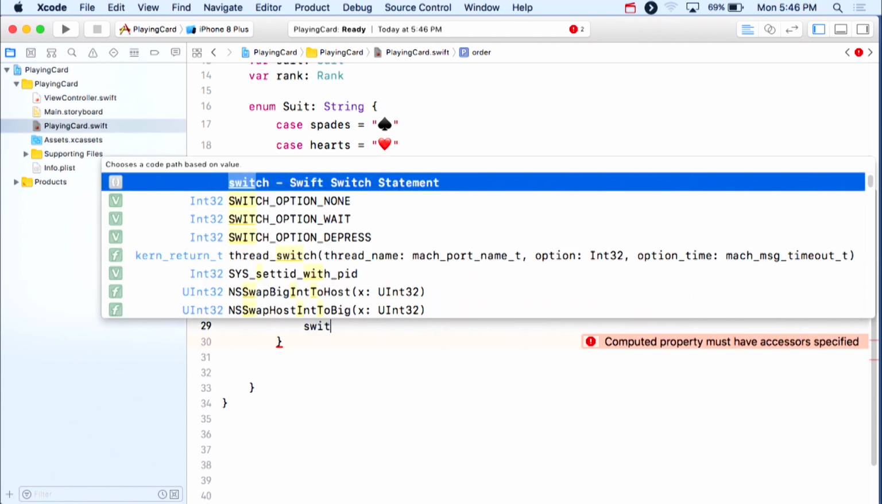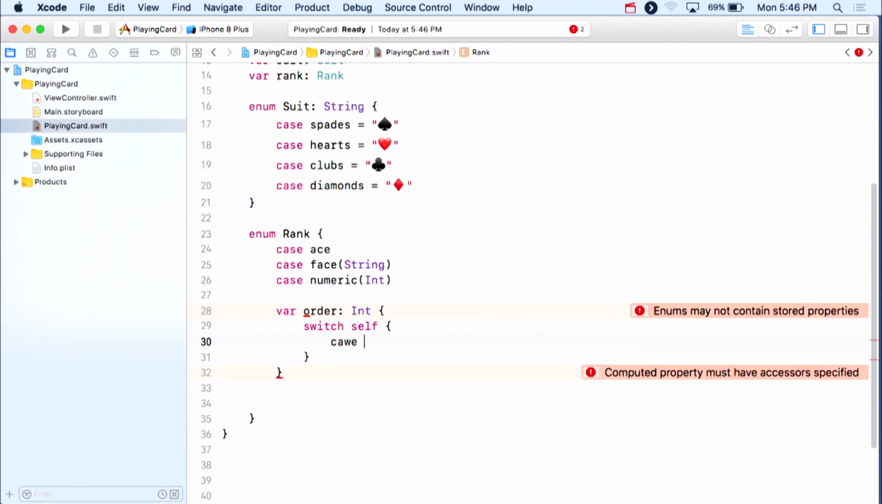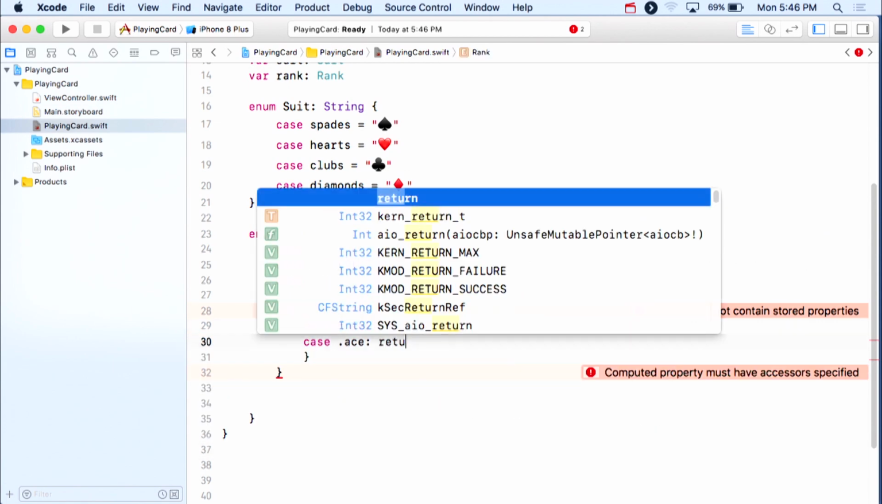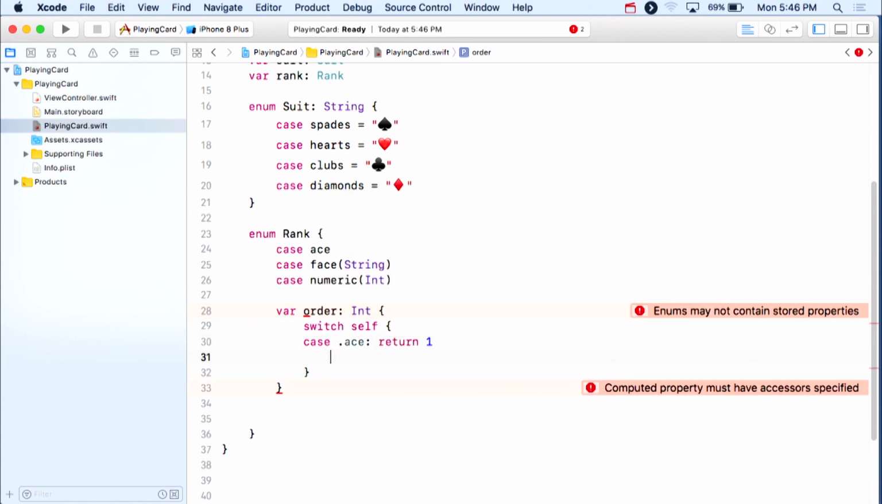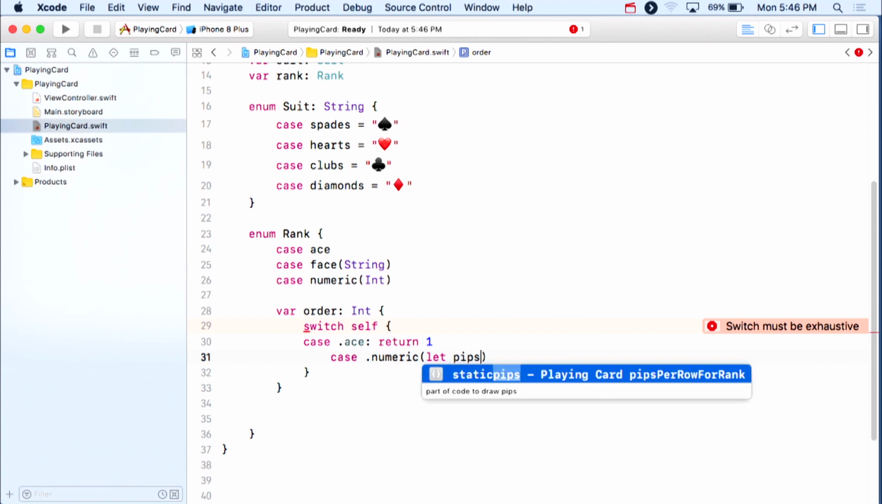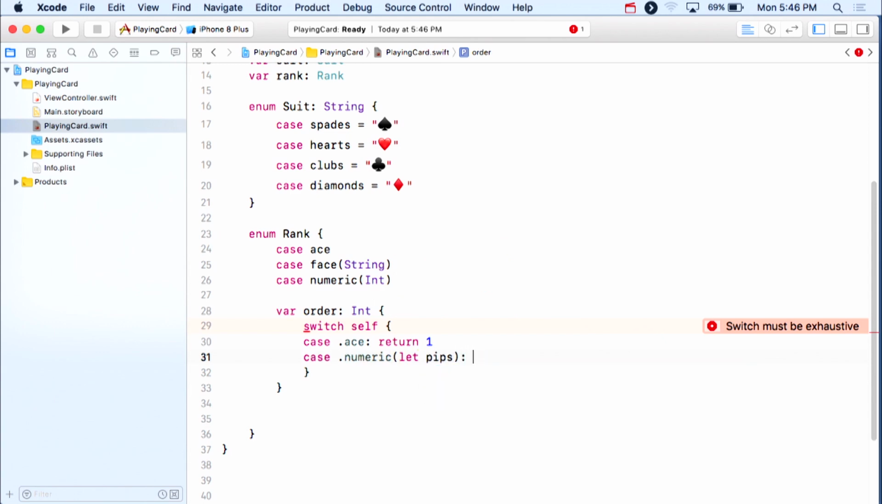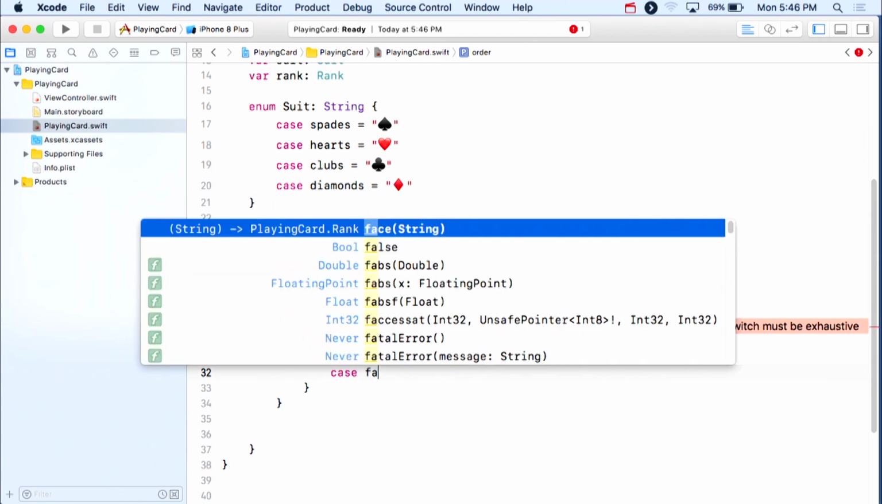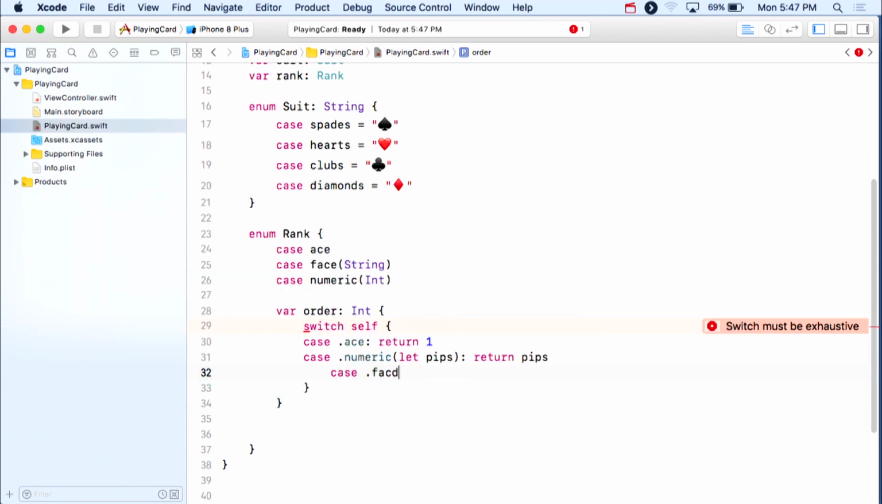So I'm going to switch on myself, and if I am an ace, I'm going to return 1, because that's card number 1, right? If I am a numeric, then I'm going to get my number of pips, okay? And I'm going to return the number of pips. Okay, because if I'm a numeric card, then however many pips I have, that's my number. Okay? And then for face, I'm going to say case face, and I'm going to get the kind, okay, Q